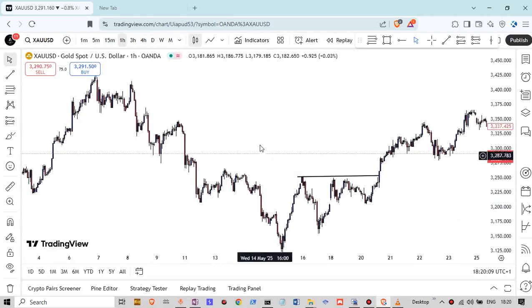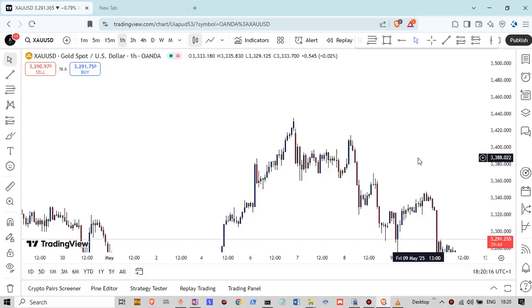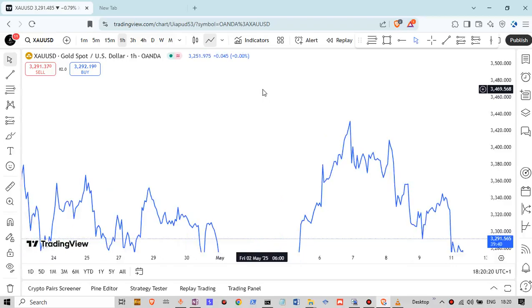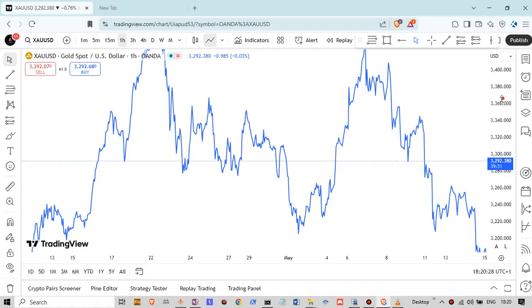So all this again. Okay, let's look at this area. Let's see what we have there. You might be looking at this now, so to make it easier for you, put on your line chart. Over time, when you are used to it, you might not have to use the line chart all the time. Now, let's see what's happening over here.